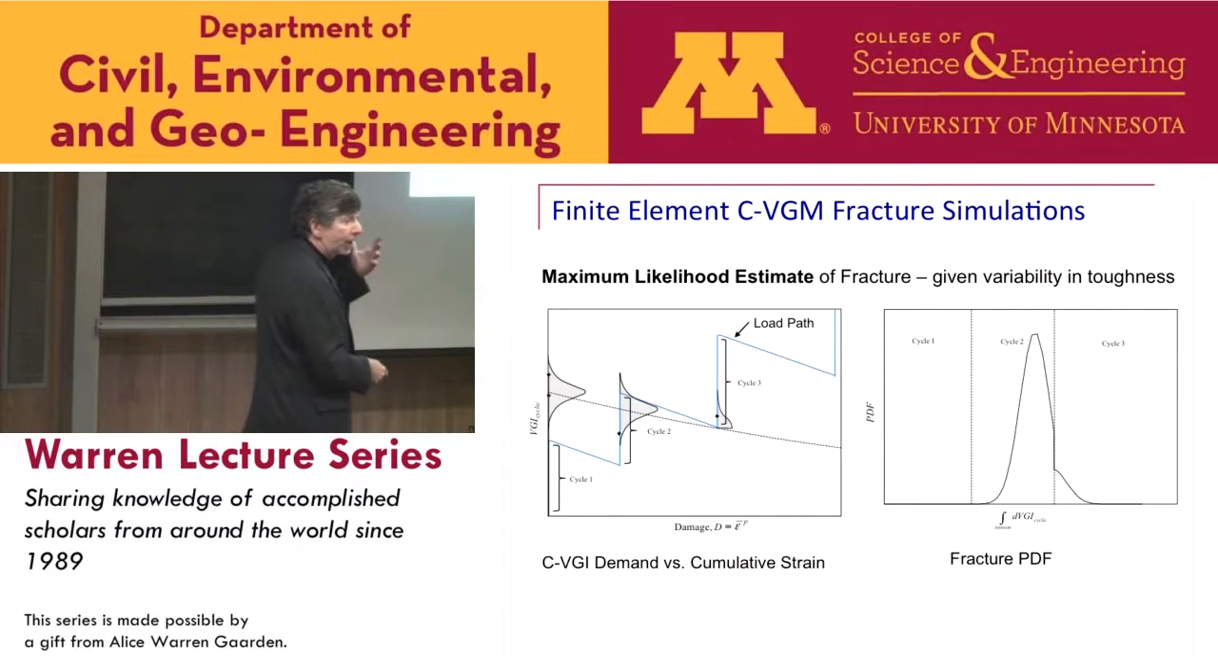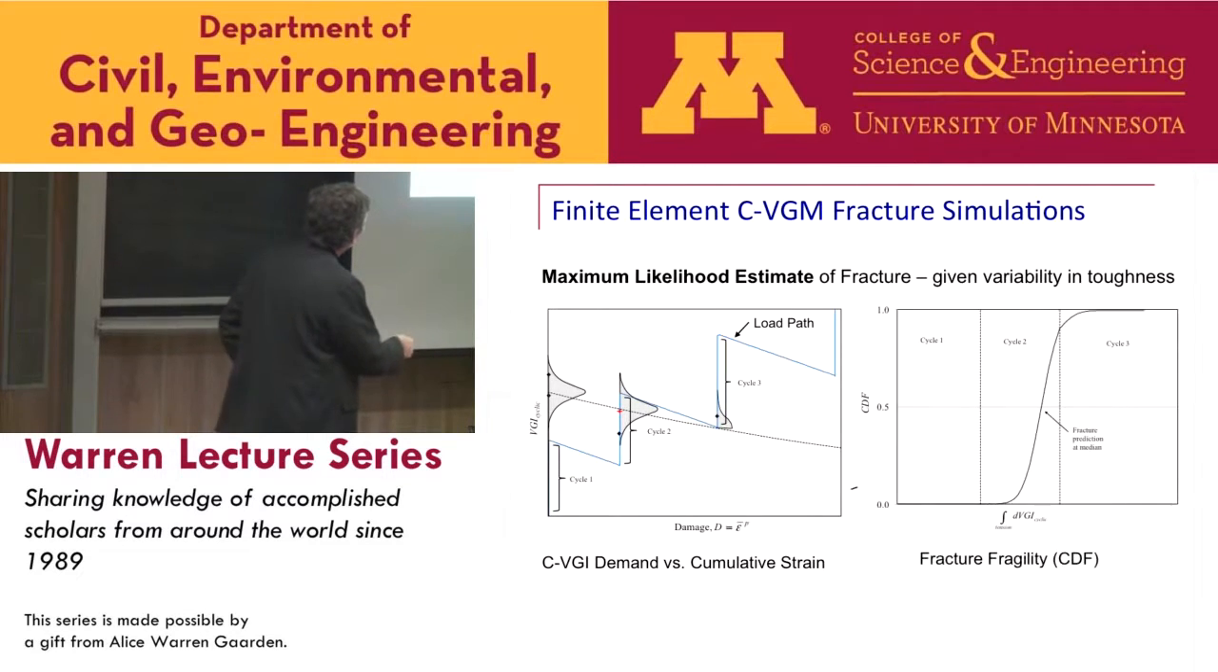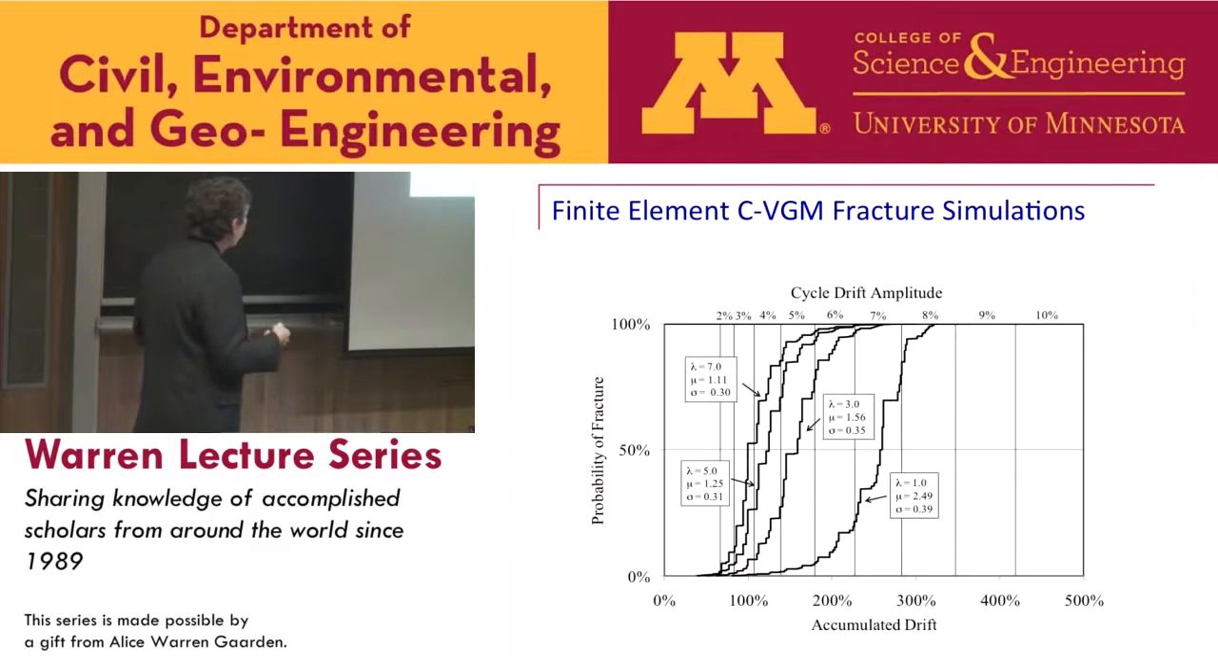And then you could turn that into a cumulative distribution function, which just gives you the probability of failure as a function of that accumulating damage index. Okay. So the end of this story, this is an example from one of the specimens, is that